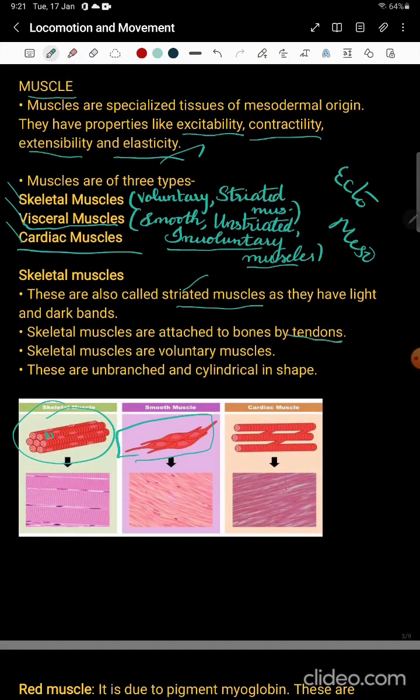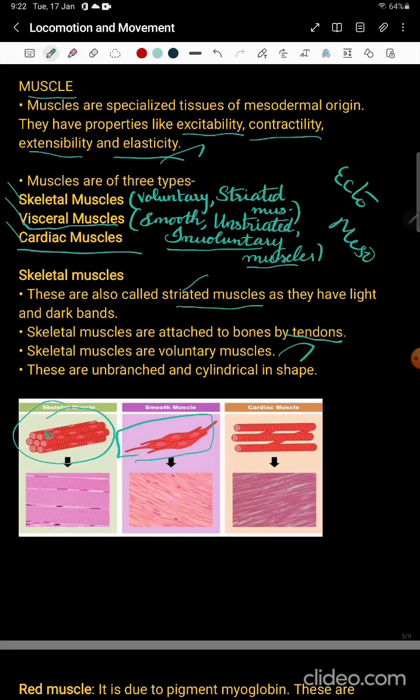In connective tissues you will be studying about this. The skeletal muscles are attached to bones by tendons, and the tendon is a connective tissue. Only with tendons can we move our hand and do whatever we need with our hands. For that the muscles have to get attached to our bone. Only then can the muscles expand and contract, and only with this property can we move our hand. Understood? The skeletal muscles are called voluntary muscles because we can move our hand at our own will.